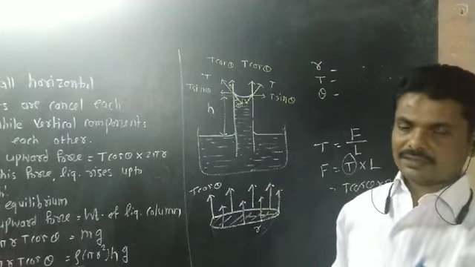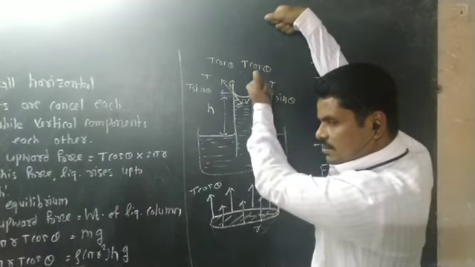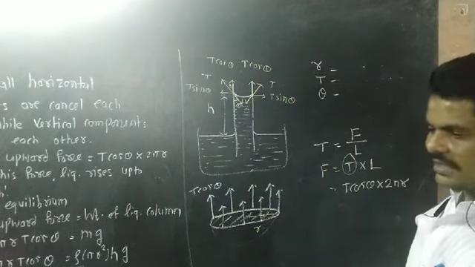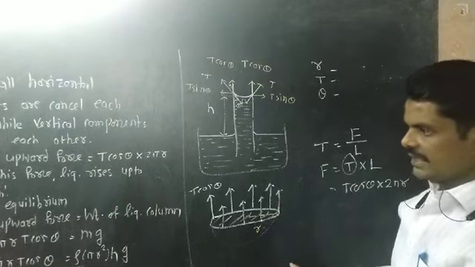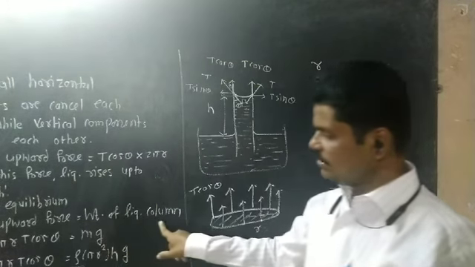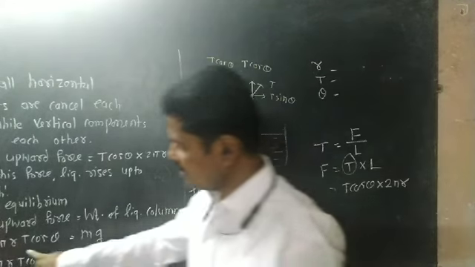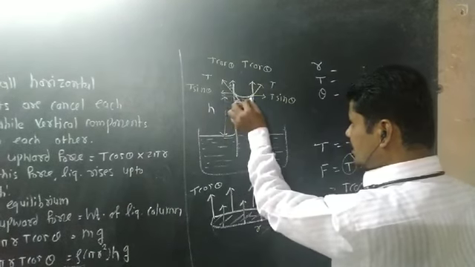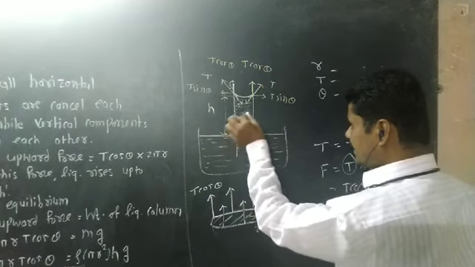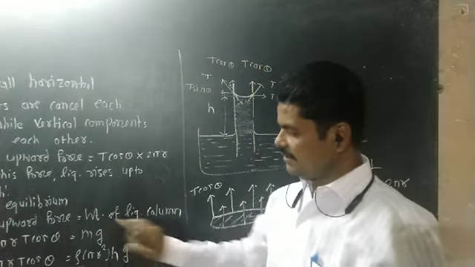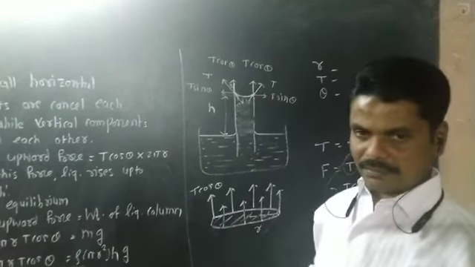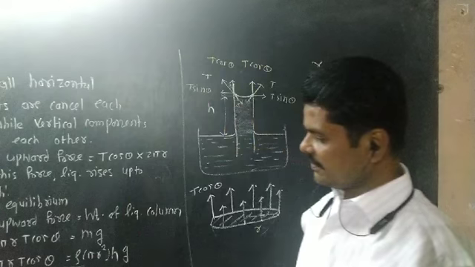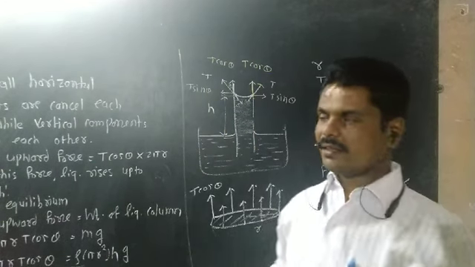A stage is reached at which this total upward force is equal to the total downward force, that is the weight of the liquid column. When this stage is reached, total upward force is equal to weight of liquid column. Total upward force is equal to 2 pi r T cos theta. And weight of the liquid column means you can consider the mass of this liquid into gravity. You know that mass can be written in terms of density as rho into volume. Rho is the density of liquid, and volume means cross sectional area into height of the cylinder.